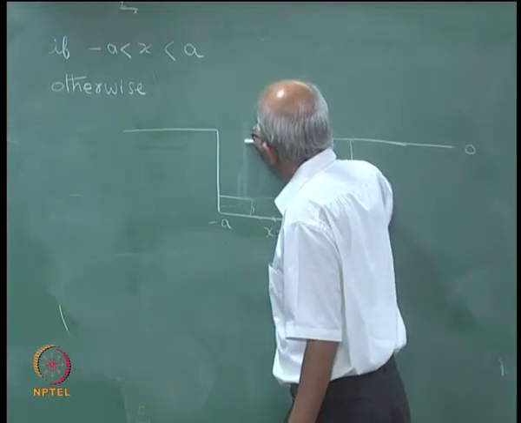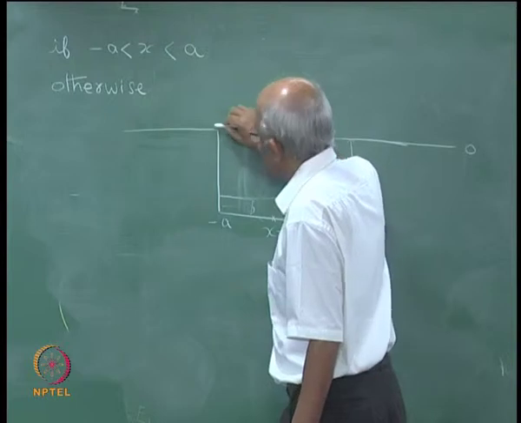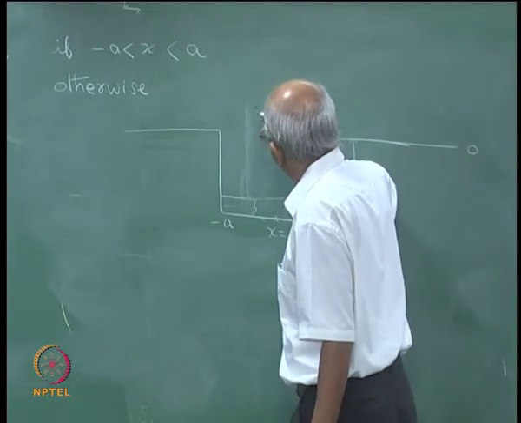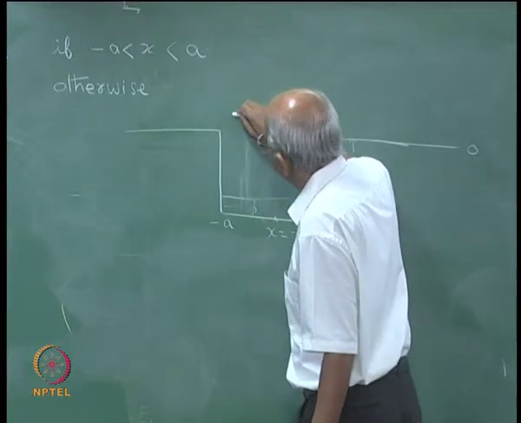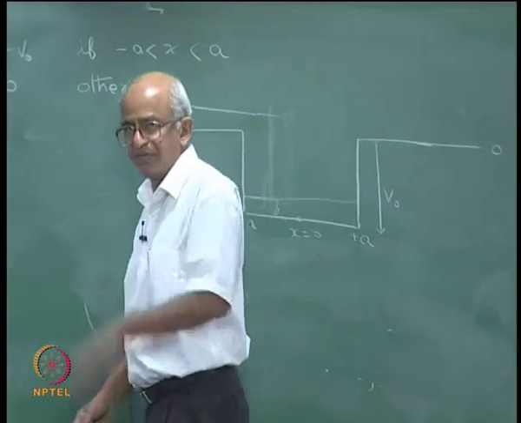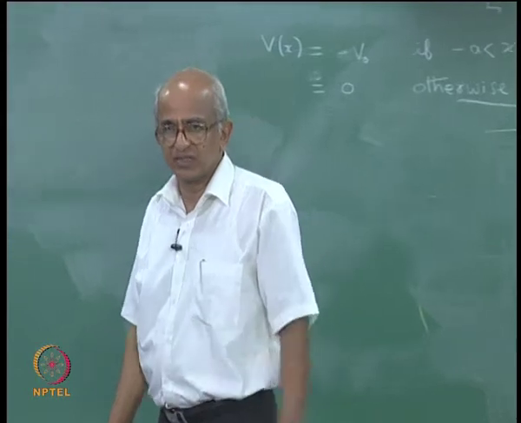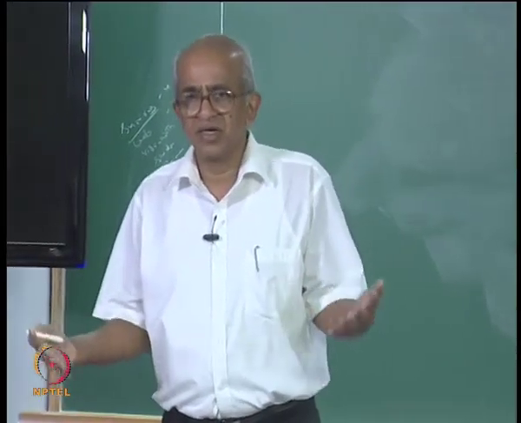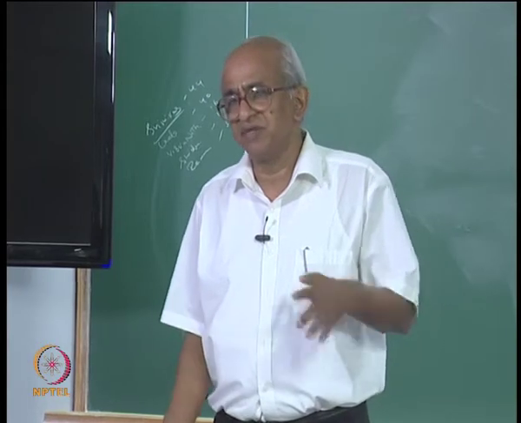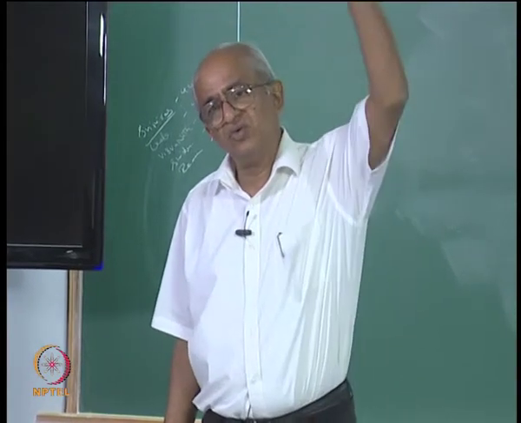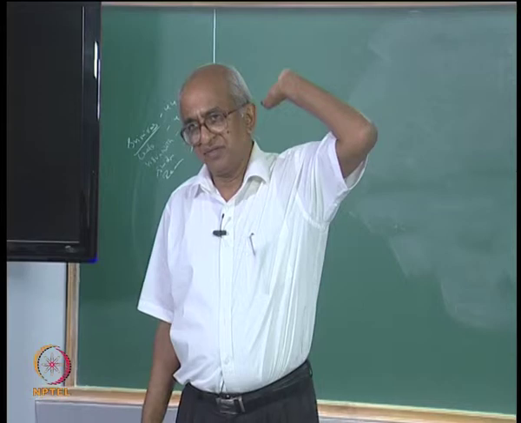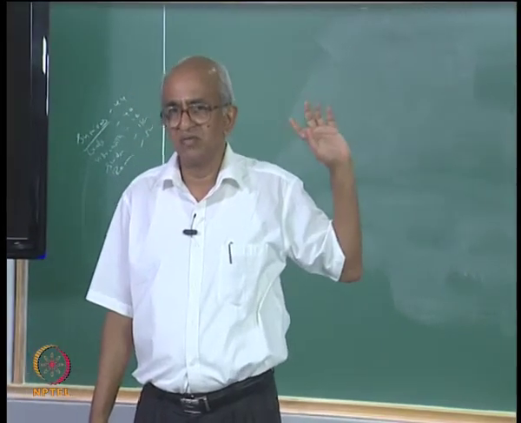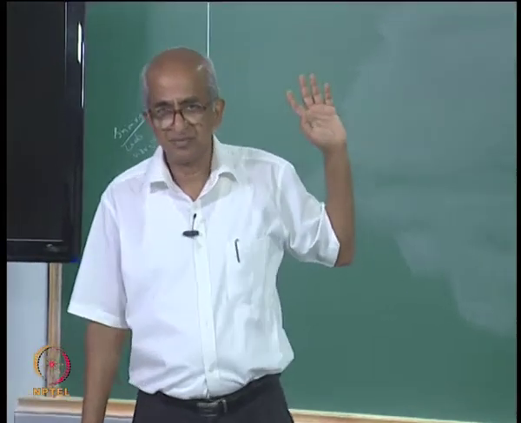But of course, if its total energy is greater than 0, then what will happen? If you push the particle in this direction, it will go off to infinity. This is what will happen classically. So, classically speaking, the particle can have any energy from minus V0 to plus infinity. Is that true in quantum mechanics? That is the question that we will answer.